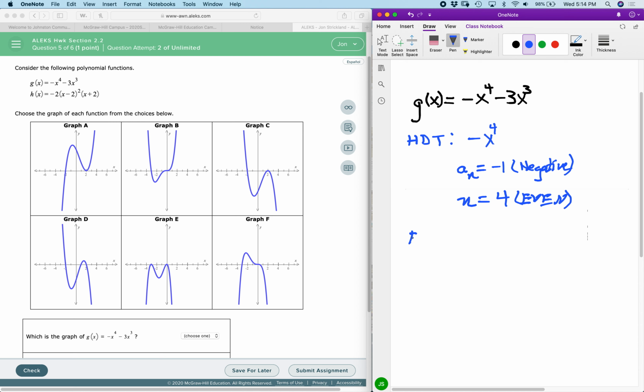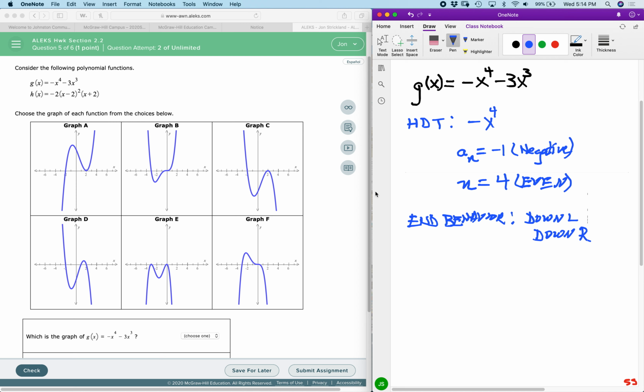So, at least for the end behavior, you're going to have down to the left, down to the right. So for the graph that goes down to the left and down to the right, it's not going to be A, B, C, or D, but we still have possibly graphs E and F. So it's going to come down to either E or F. And so